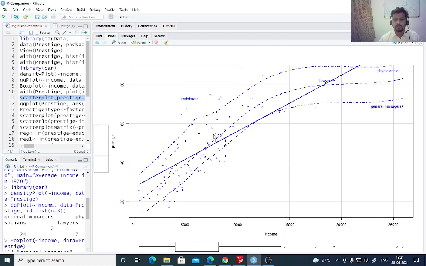Again, this straight line gives you an idea of the conditional mean value of prestige, that is your linear regression line, because it assumes linearity in the parameters. That's why you have a straight line. So basically what it says is that the conditional mean of prestige points goes up whenever there is a 1 unit change in income. Now this dashed line that you see is there by default.